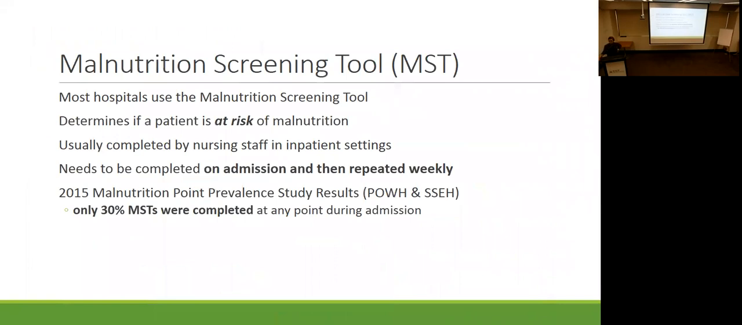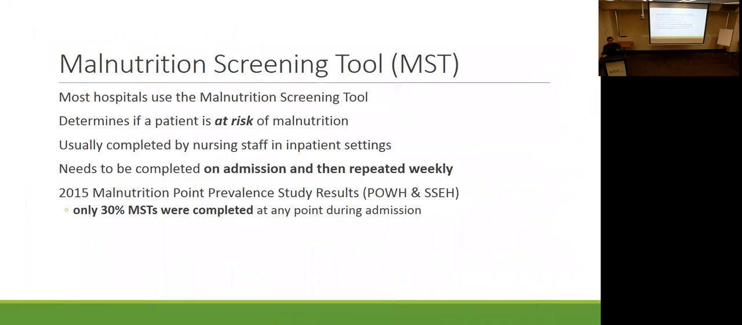Is anyone aware of the particular tool that we used to screen patients for malnutrition on admission and then repeated weekly? No, it's called the Malnutrition Screening Tool. It's actually inbuilt into the ADRAT